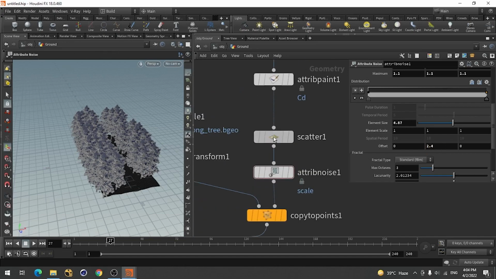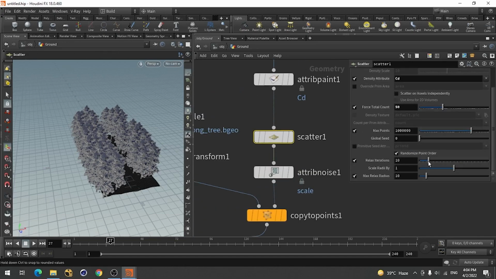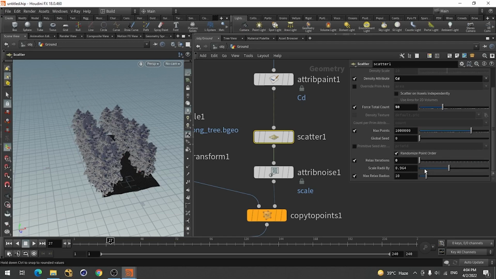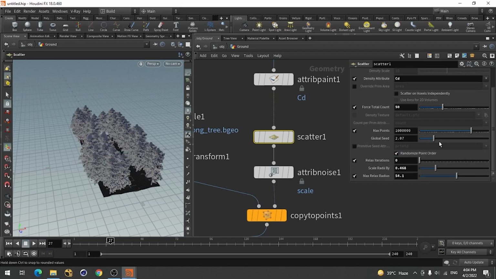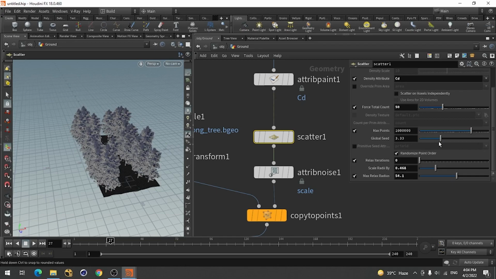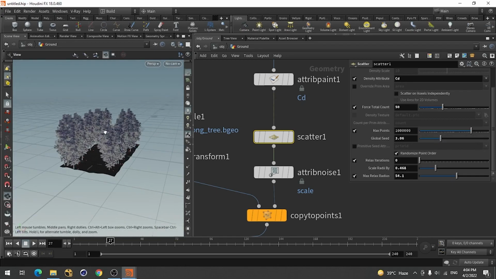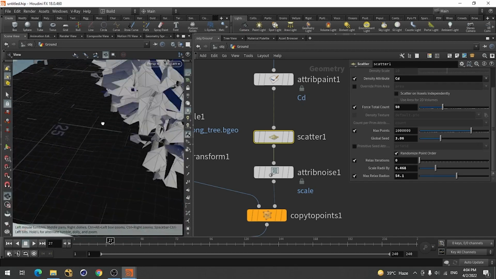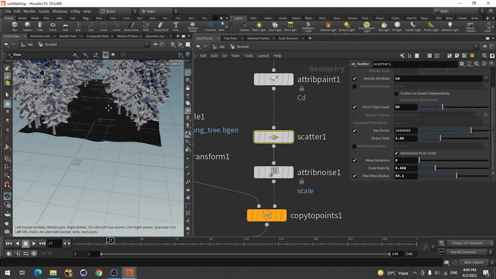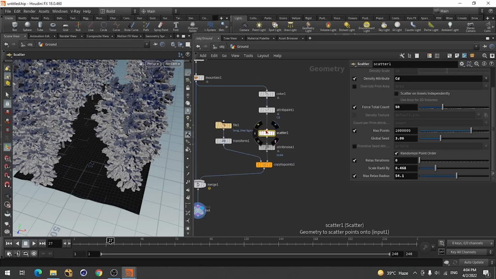And if you want more control, you can use these iterations here. It will give you a much harsher look, or however you want. If you're not happy with the look, you can change this. Whichever type you want. Okay, this is your first tree. Same, you can go for the second tree. And for the grass,